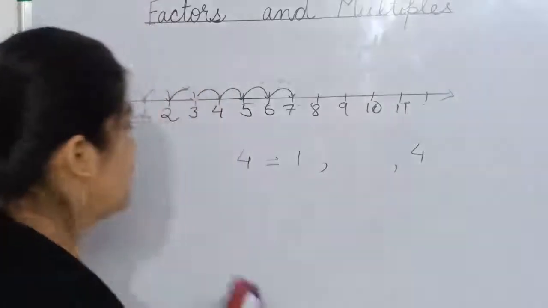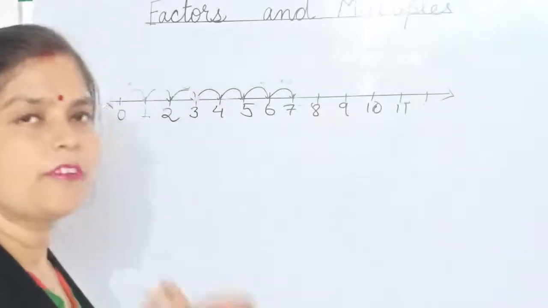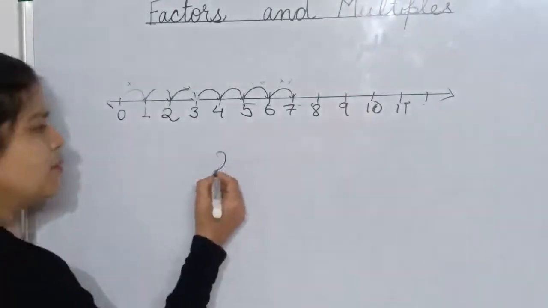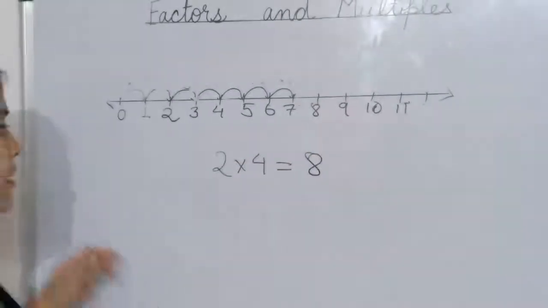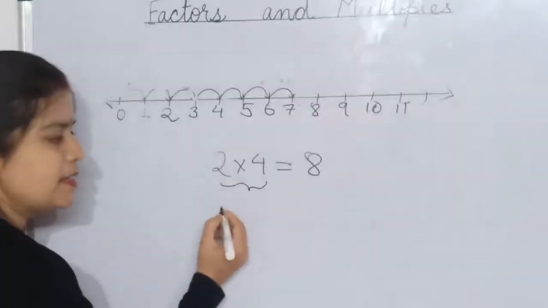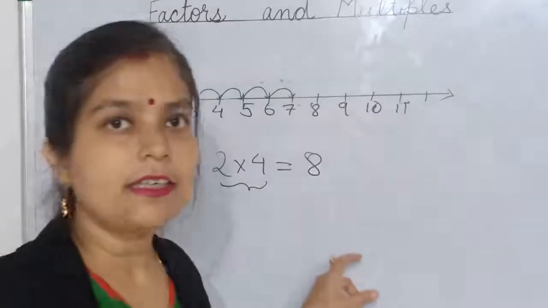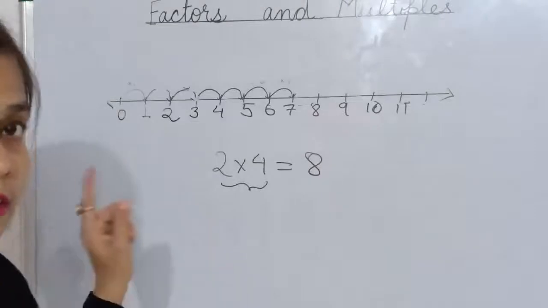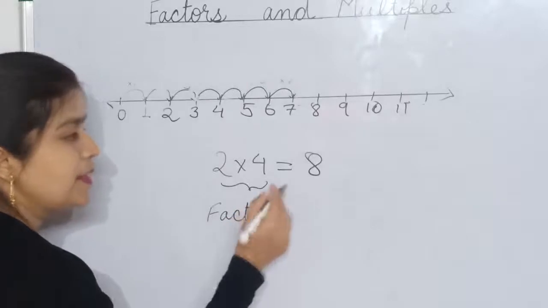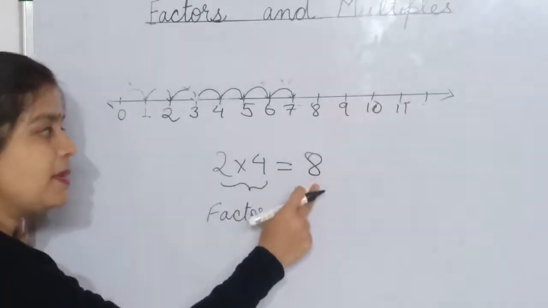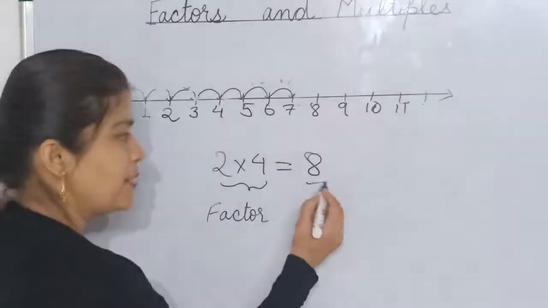Now one more thing I am going to tell you. When you are writing the multiplication table, or you are multiplying any numbers, like 2 into 4, that will be equal to 8. Okay? Then these are known as factors. We were using multiplicand and multiplier earlier, and now one more term I have used there, that is factor. These both are known as the factors of 8. Okay? And 8 is a multiple of 2 and 4 both. If anyone asks, what is 8? This is the product only.